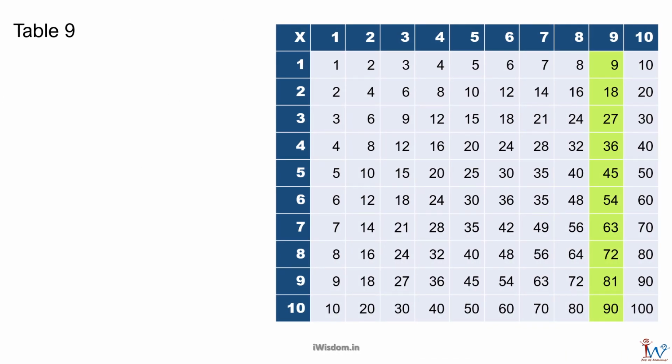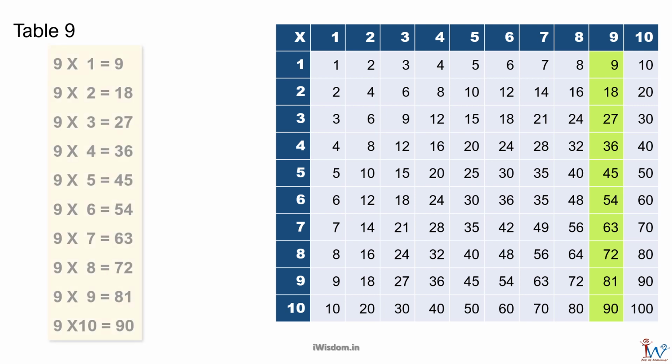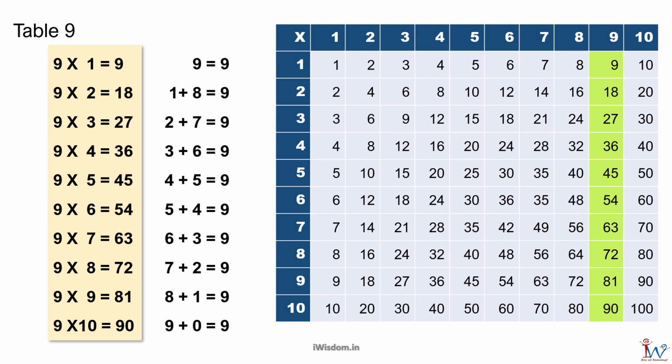There is another unique pattern which is very specific to multiplication table 9. The result always starts with the number that is 1 less than the multiplier. That means, 9 3s starts with 2, 9 4s starts with 3, 9 5s starts with 4, and so on. Also, when you add the two digits of the resulting number, all of them add up to 9.